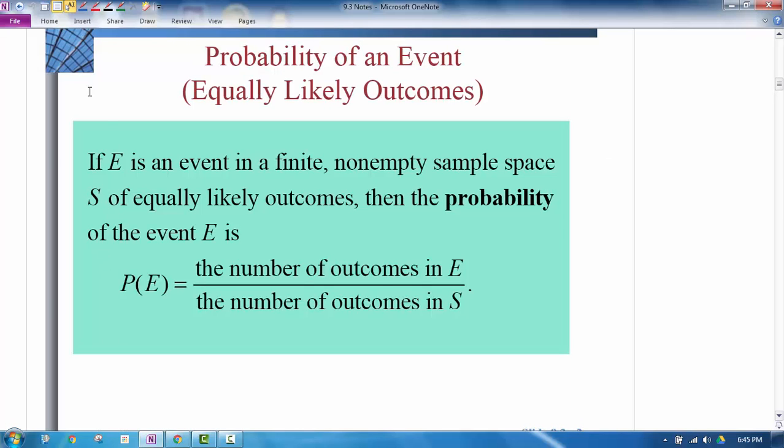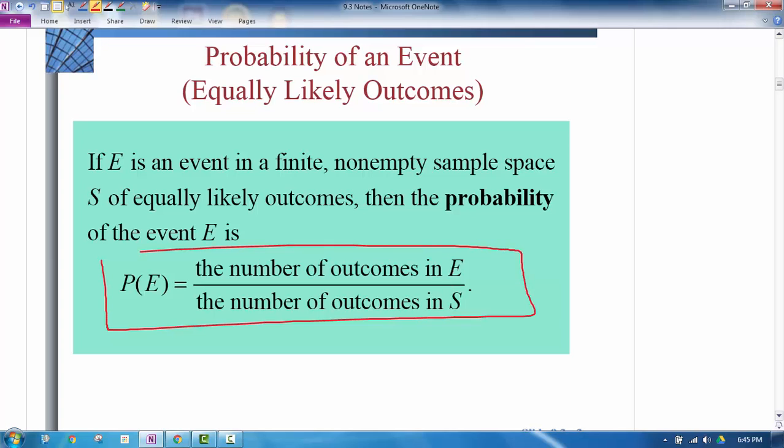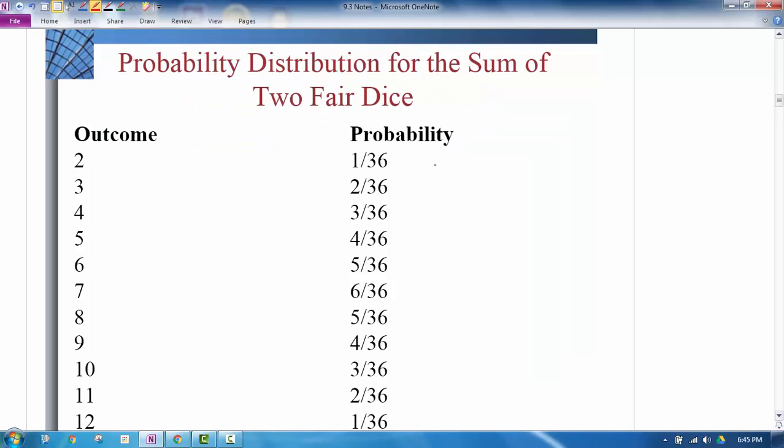So this is our main formula for probability right here. It's the number of outcomes in the sample space that we're looking for, divided by the total number of outcomes in the entire sample space. So here's a common example. If you were to roll 2 dice, and the outcome you want is a 2, there's only one way you can do that out of the total sample space of 36 possible scenarios. You have 6 times 6 because you have 6 possibilities for the first roll and 6 for the second die. So together,